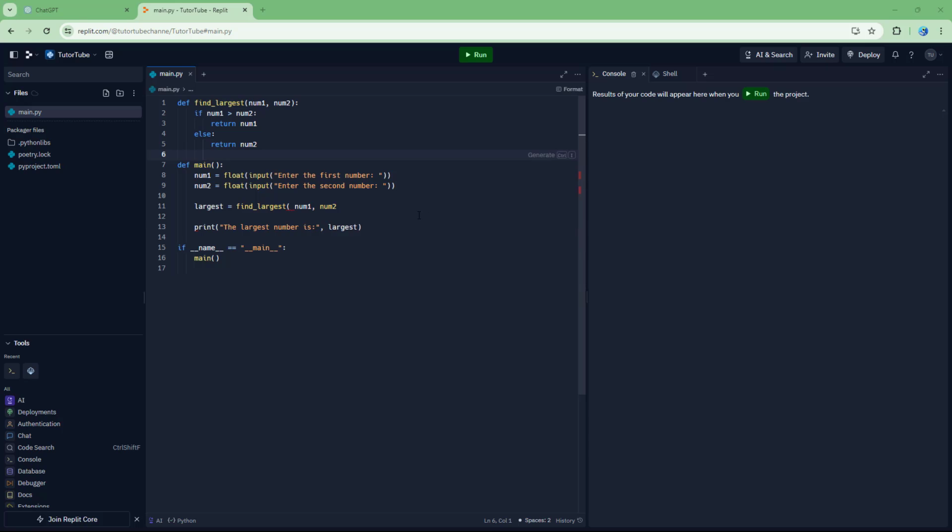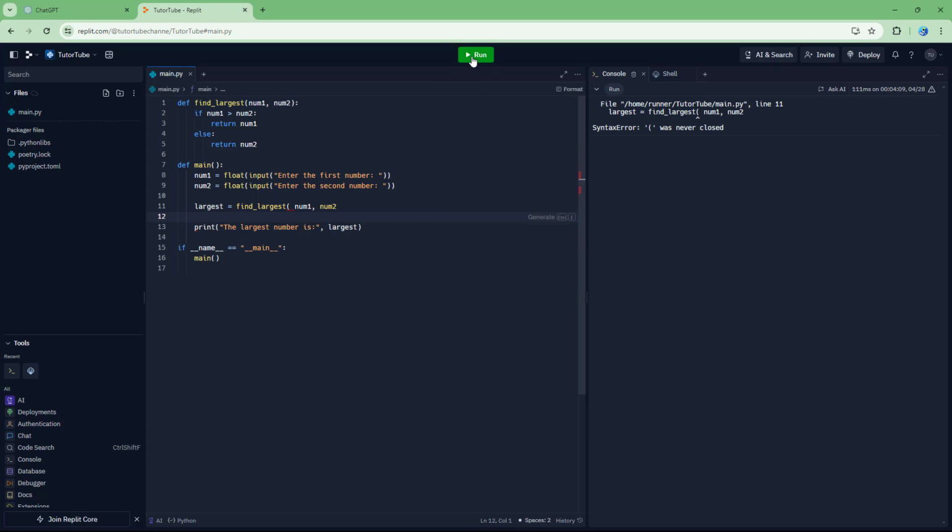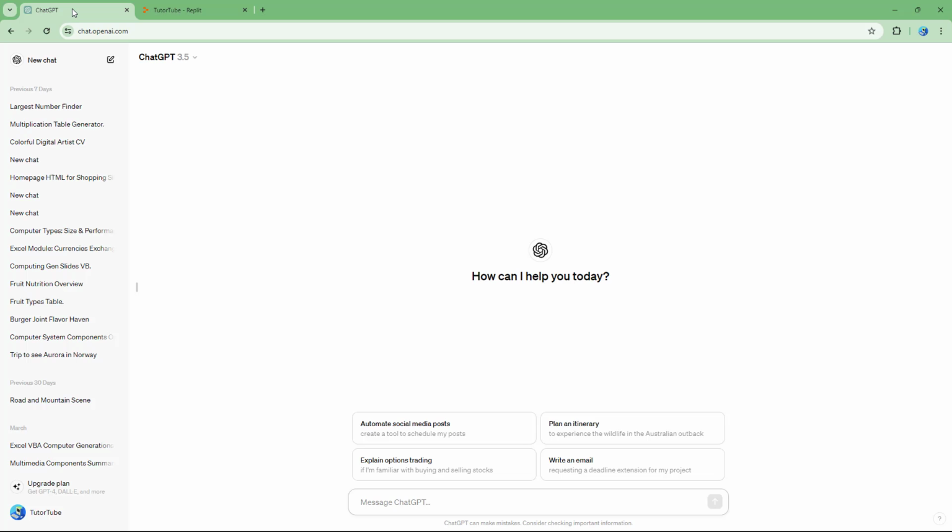So over here you can see that I have a code, and if I were to run it, then there is a syntax error over here, as you can see. So if I want to correct this, I can use ChatGPT as well. So all I'm going to do is copy this particular code right here,